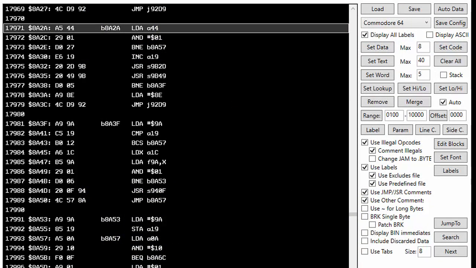So now you're looking at a screen of Regenerator. I have already loaded in the Pitfall 2 source code, and we're already pointing at memory address hex 8A2A in memory. Now I can't explain this to a T because I'm still learning about the game, and just to let you know, kind of a disclaimer,